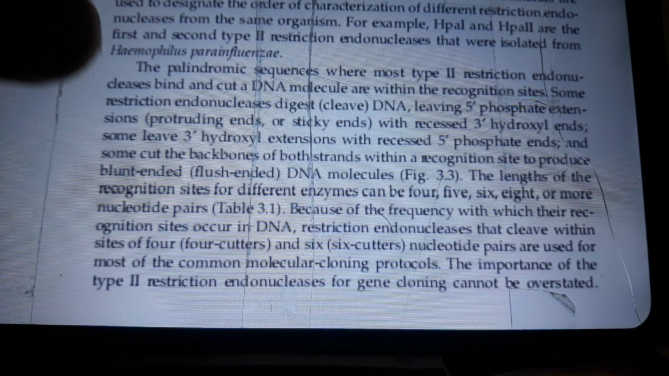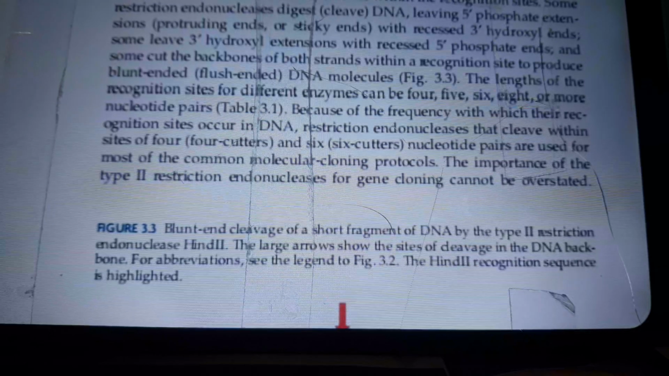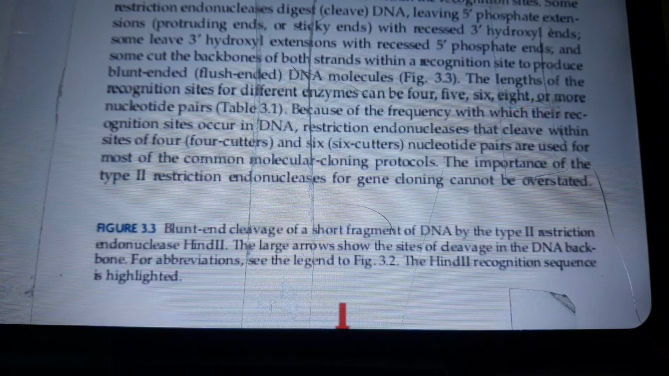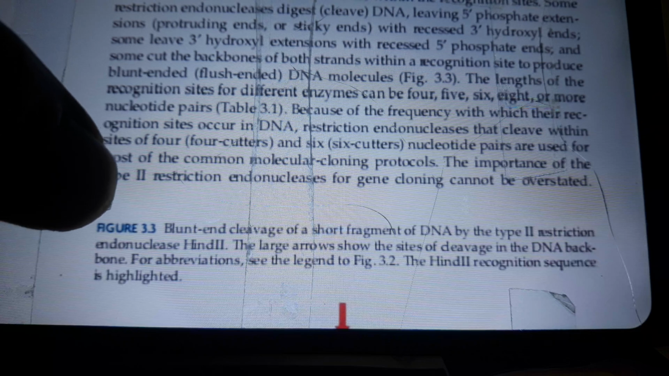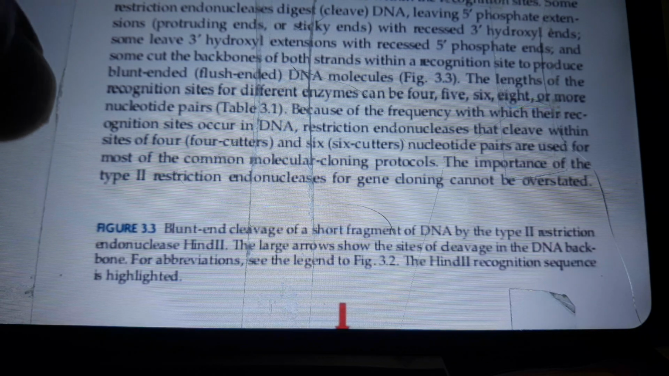The lengths of the recognition sites for different enzymes can be 4, 5, 6, 8, or more nucleotide pairs. Because of the frequency with which the recognition sites occur in DNA, restriction endonucleases that cleave within sites of 4 or 6 nucleotide pairs are used for most of the common molecular cloning protocols. The importance